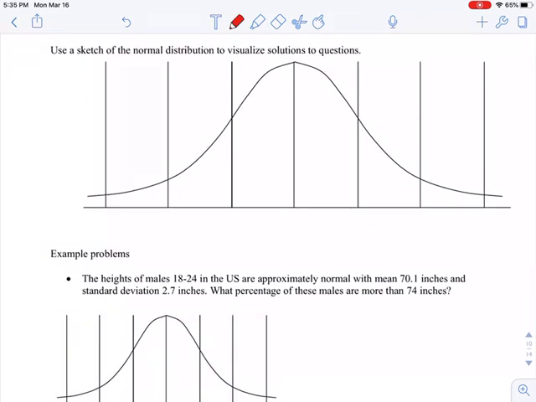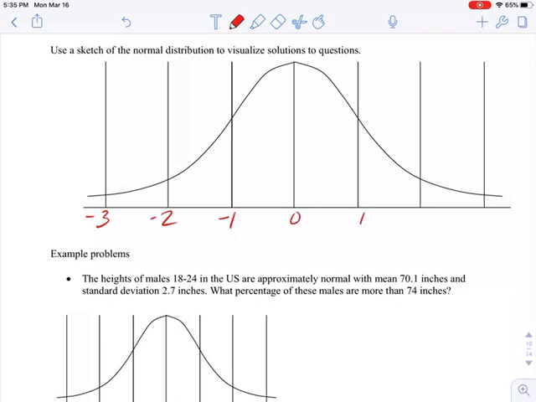So let's use an example to visualize this. It says the heights of males 18 to 24 in the United States are approximately normal with a mean of 70.1 inches and standard deviation of 2.1 inches. What percentage of these males are more than 74 inches? Okay, so first, any standard normal curve